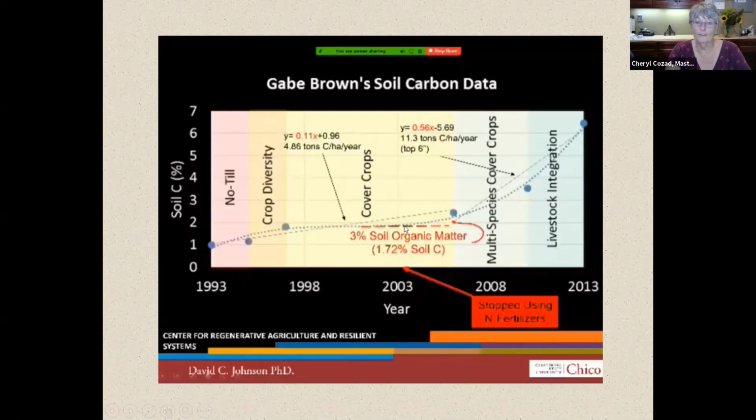Before that, it's kind of level. After that, carbon in the soil starts to grow. Right here is where he decided to start using multiple species of cover crops. He experimented with this by setting out different plots. You'd have like 8 different plots and